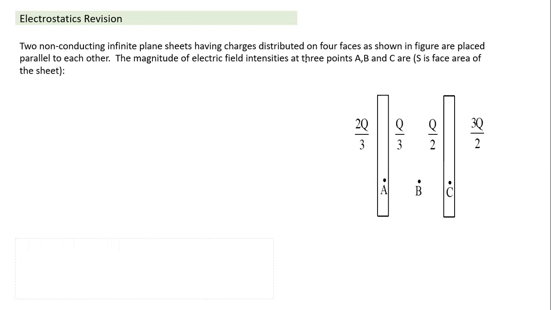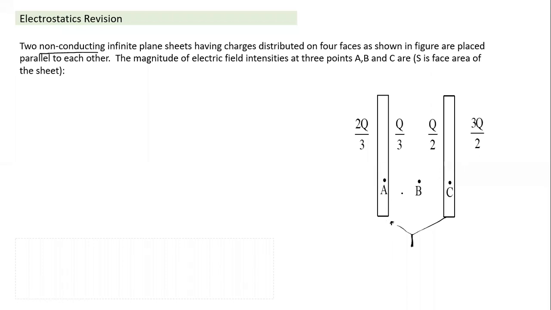Non-conducting infinite plane sheets having a charge distribution. These are non-conducting infinite plane sheets. What is the electric field intensity at A, B, and C? Can we calculate the electric field intensity at these points if they are non-conducting infinite plane sheets? The moment this charge distribution is given, even without this word, we could have figured out this is non-conducting. Is there a way to tell? What basis can we use?